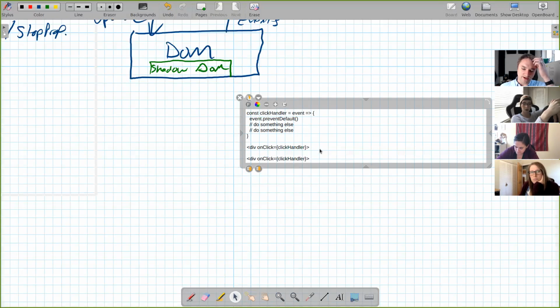If all you're doing is calling some other function when that gets clicked, I think it's okay to do this. Because onClick still needs a function definition, just like add event listener did. So if I do something like this,